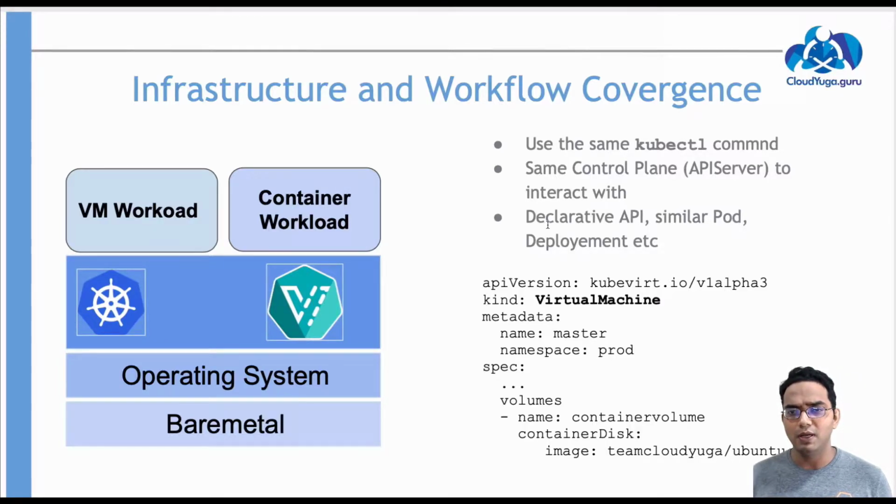For the workflow, we know that we have the objects like pods, deployment, and so on to manage our container workload. Similarly, we can create a virtual machine resource to create a VM instance. Like here, we can see that to create a VM instance, we would define the object like the way we do for pods, where we have API version, kind, namespace, spec, and so on. This would create a VM instance for me.